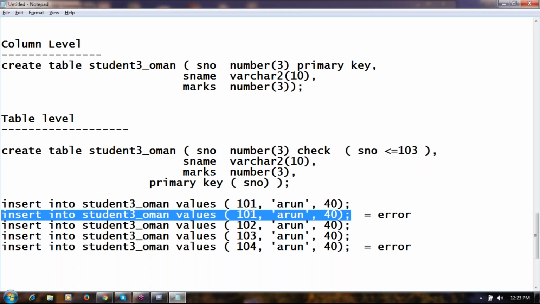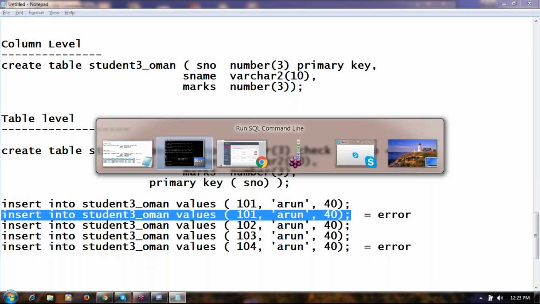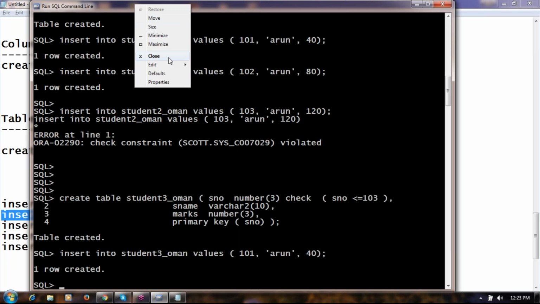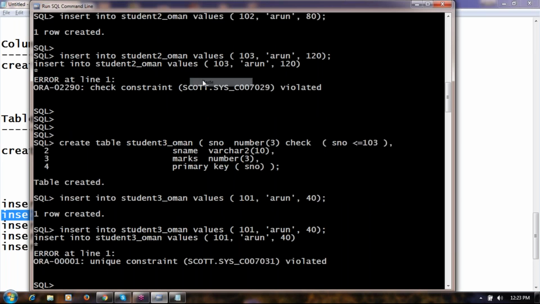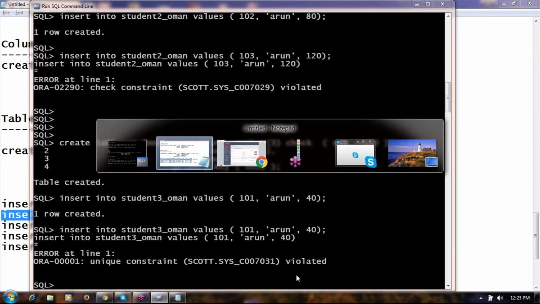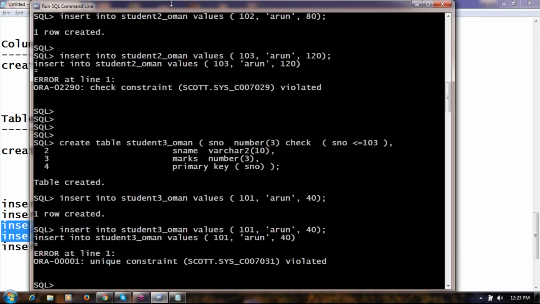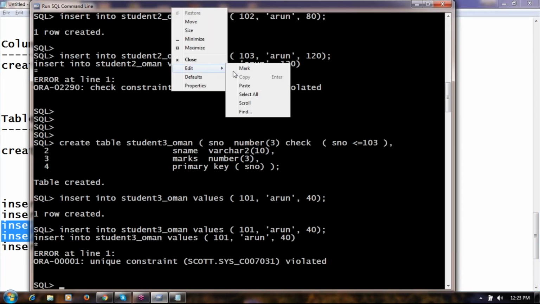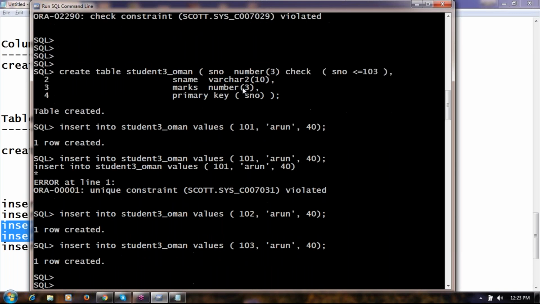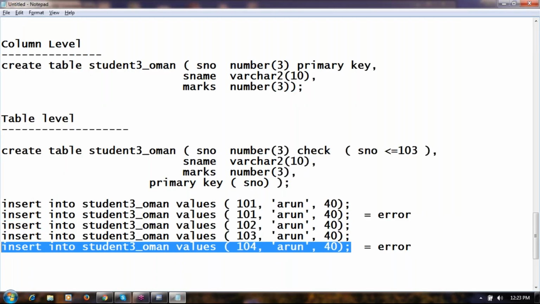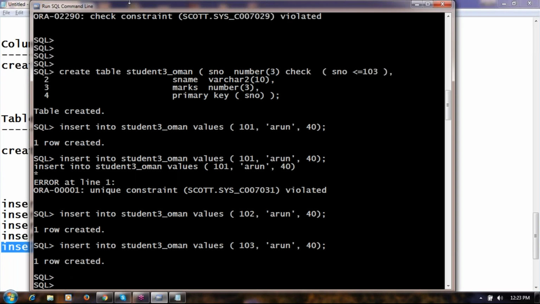This is error because of primary key constraint. 102, 103 valid. 104 error out because of check constraint.